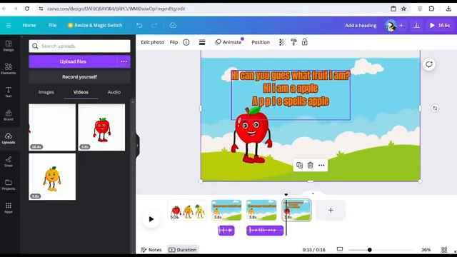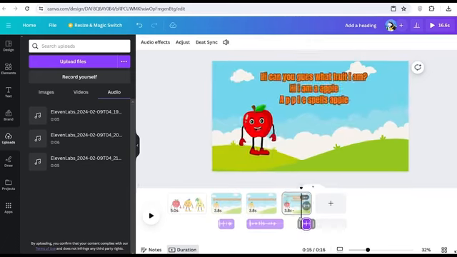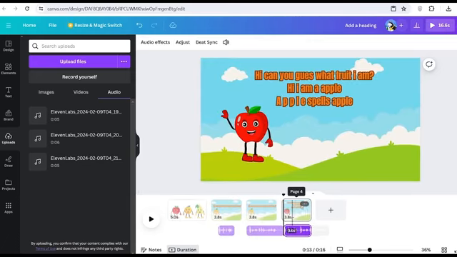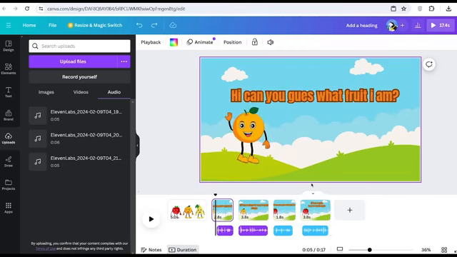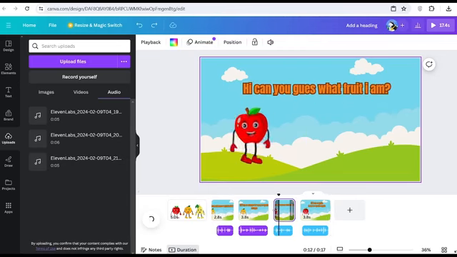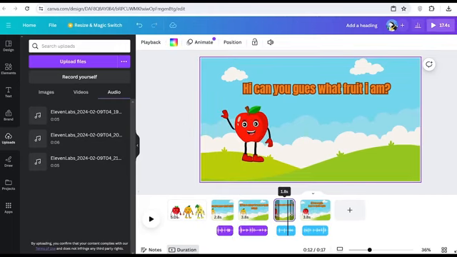Then what I need to do now is take my audio, drag it down to where I want it to start, and then once you have your audio in, you want to do the same thing: listen to it, and then split it where that part ends. So now you have two separated audios, and that's how easy it is. You go ahead and continue doing the same process for all of your different scenes and for each of your different characters, and set it up in such a way where it's engaging, where it's following through, until you've done your entire video. Now, as you can see, I've added in all my different characters and all my different text.